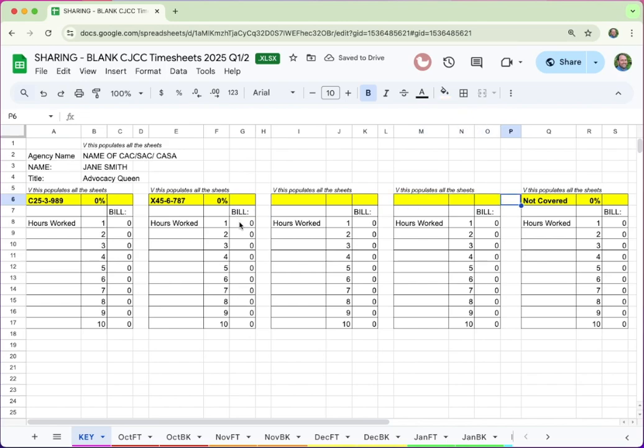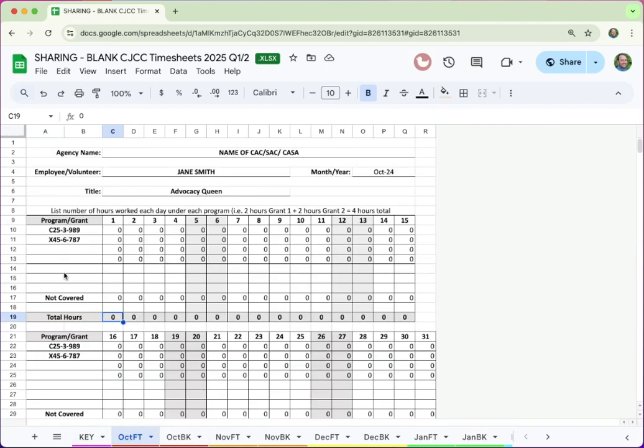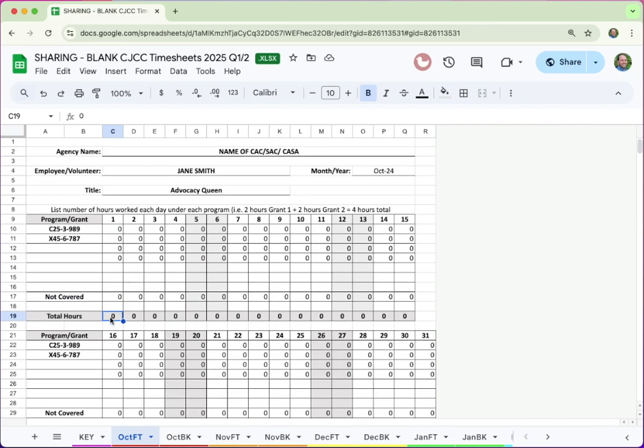And then we often have people who are not covered, or a percentage not covered. So let's say 10% is not covered, 30% is covered here. Which would leave, math is not my strong suit, 60% covered out of this grant. So 90% covered out of grants and 10% coming out of our general funds. That's going to populate across the names of all those grants across the multi-grant sheet that we built in a way that if you put in a standard 8-hour day, or maybe easier to see a 10-hour day, hopefully no one's working 10 hours, it breaks that down with the percentages